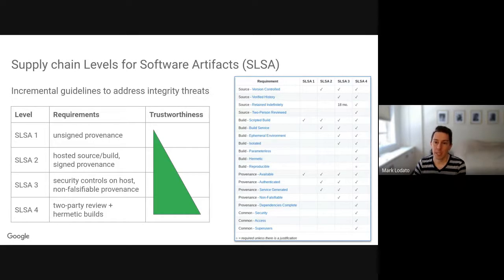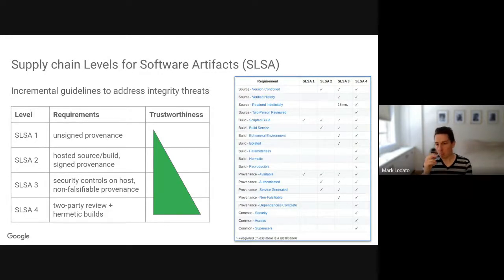We have a series of incremental levels, 1, 2, 3, and 4, where the lowest level is the lowest level of protection, and the highest level is the most protection and addresses the most of those threats and to the strongest degree. I'm happy to talk about any of the levels if anyone's interested. They're a little bit updated from last time.